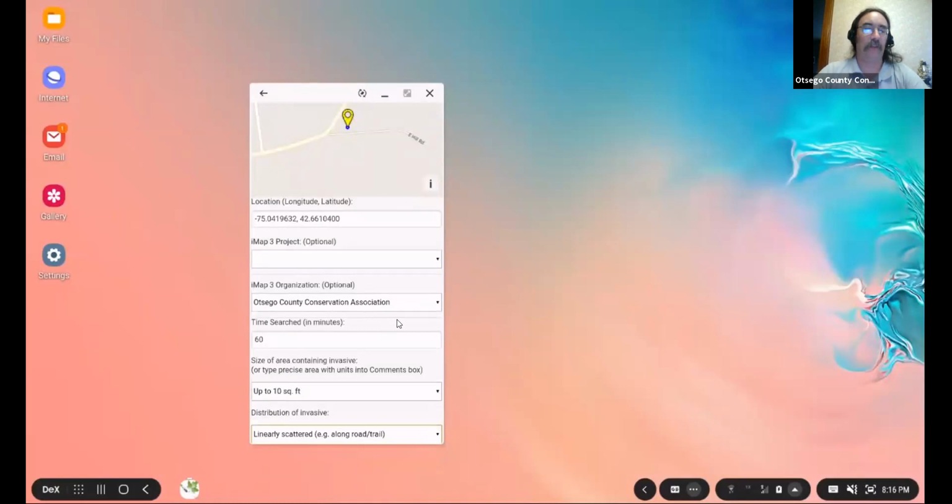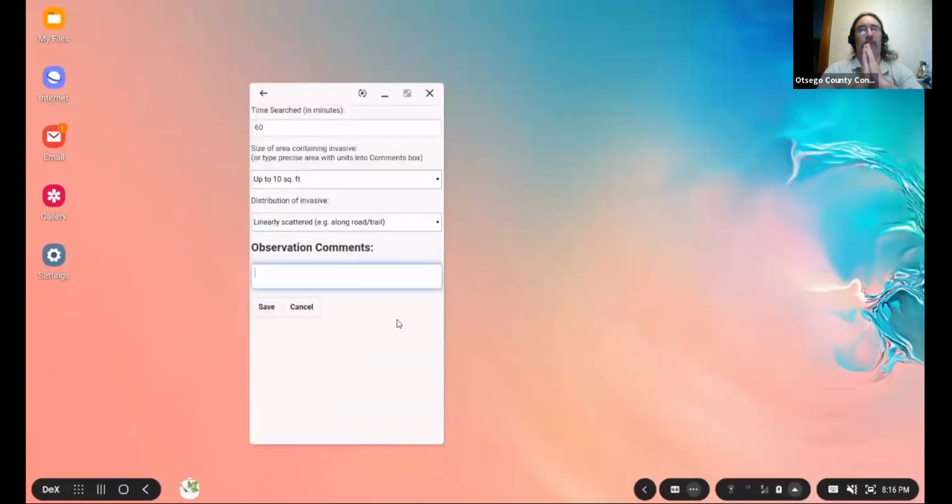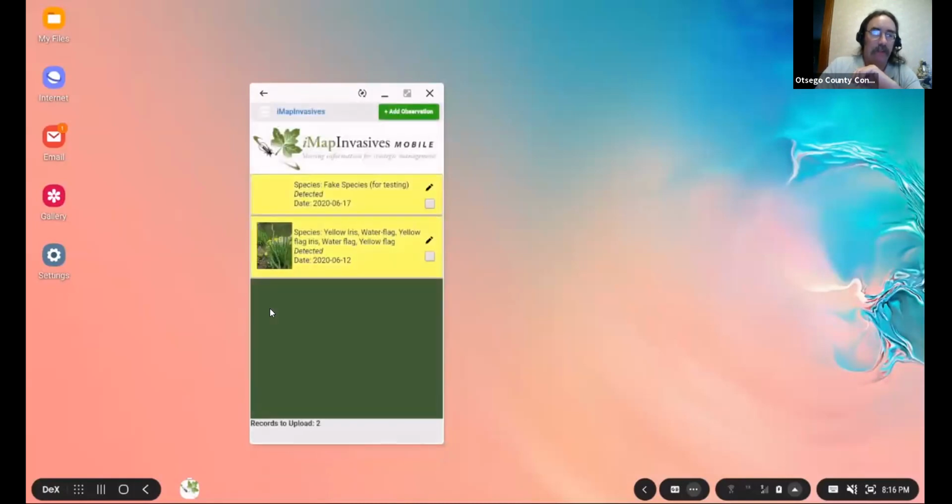So we'll say, hey, this is in this case. All right, and then you can do additional observations, and this is pretty handy. For making extra notes, either about the project you were working on or some observations on the plant or animal that you saw. Okay, and then when you save it, now we see we have 2 notes here. Okay, and you can go back and you can edit. If you click the little pencil, it's going to bring up the record again, and you can go and make some changes to it, or you can just leave it alone.